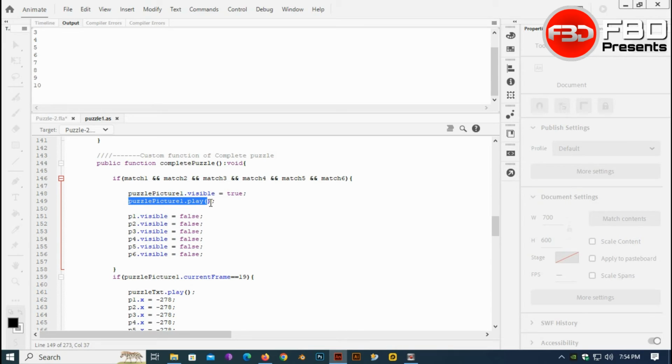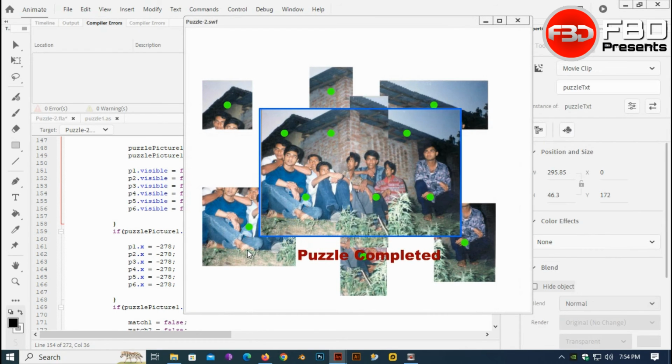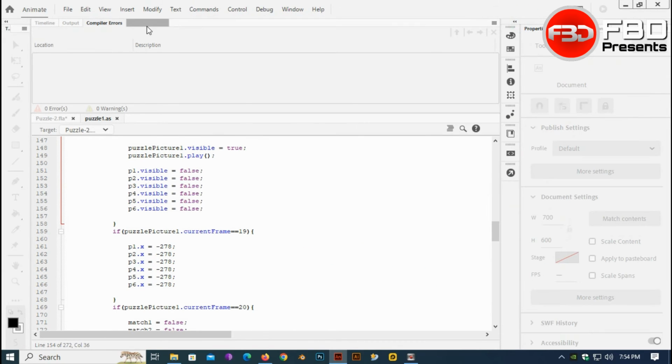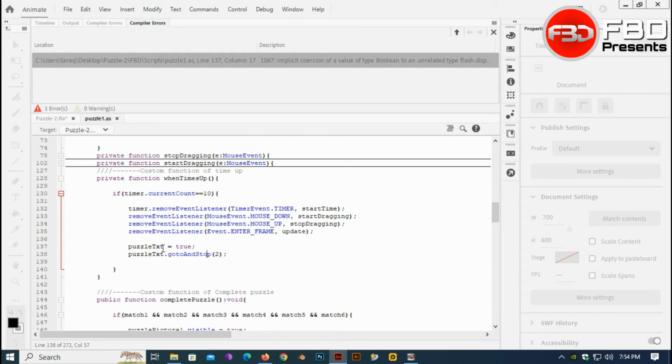I don't need this puzzle text display here because I have removed all the tween class. Okay, so if I test it now, some problem. What is the problem? Dot visible equal to true,